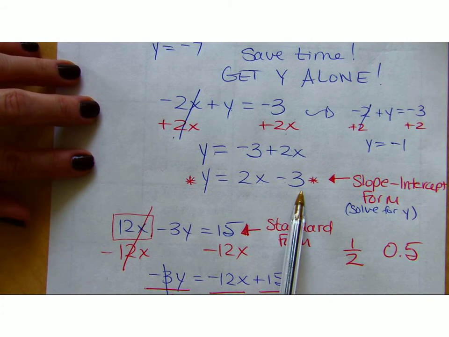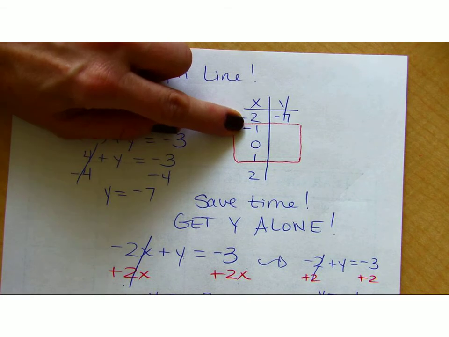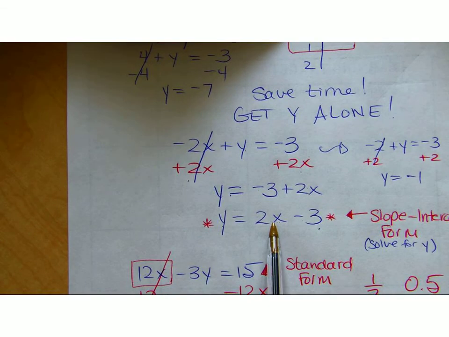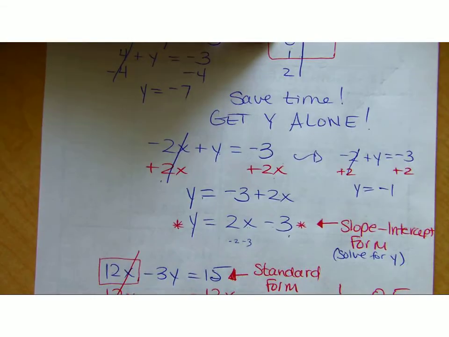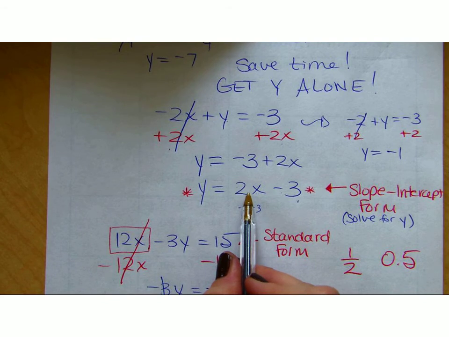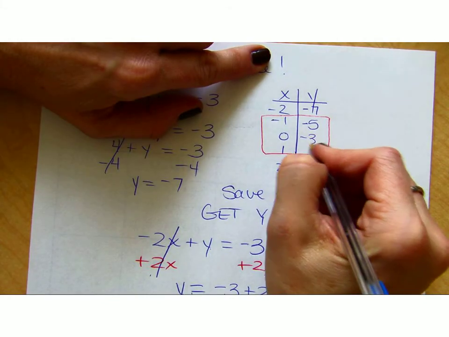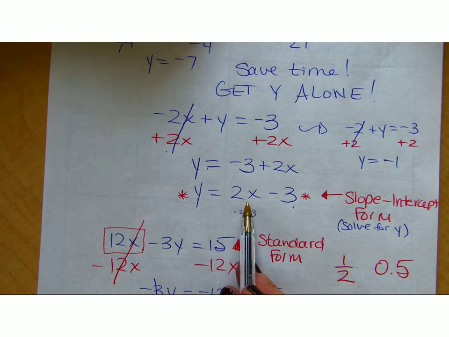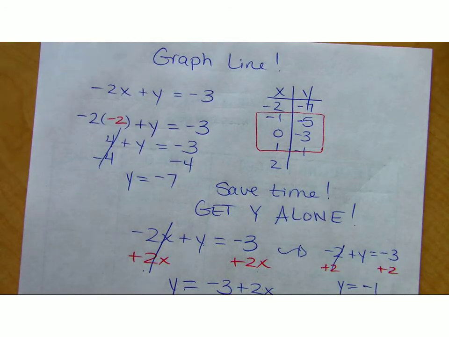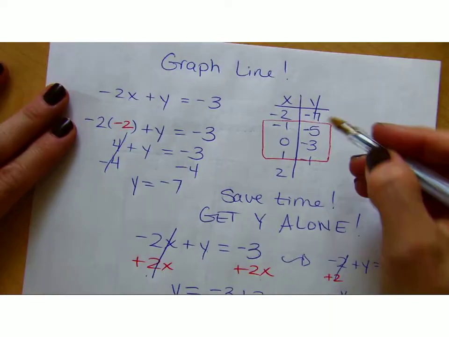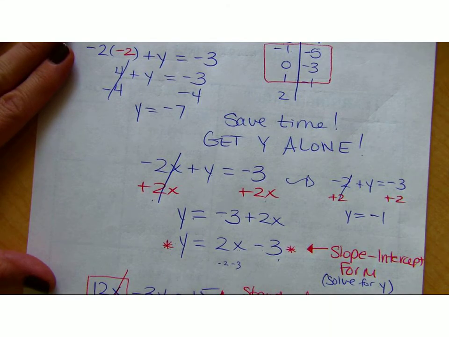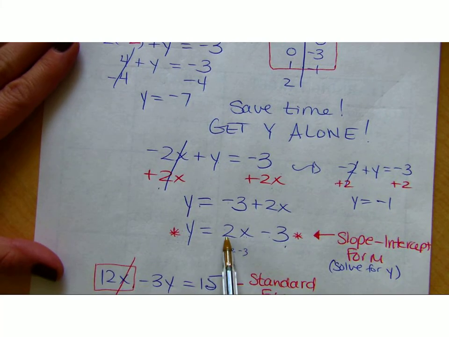So now let's go back to this. If x is negative 1, what's 2 times negative 1? Minus 3. Boom, negative 5. 0 times 2. 0, minus 3. 1 times 2, 2, minus 3. Got it? And let's take this even a step further, that why it's so beneficial to have it. Because if it's solved for y, Ben said this earlier, once I know what that number is, I don't have to do any more